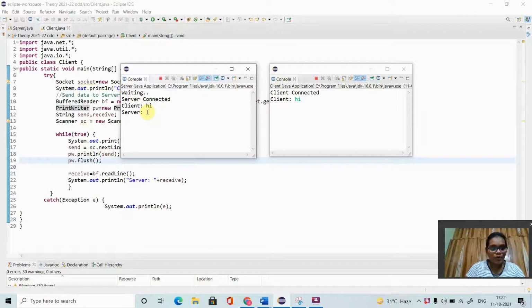Now I'm going to give a hi message from the server. See, in the client output the server message is coming. Now I'm going to type, hi, my name is Hema.